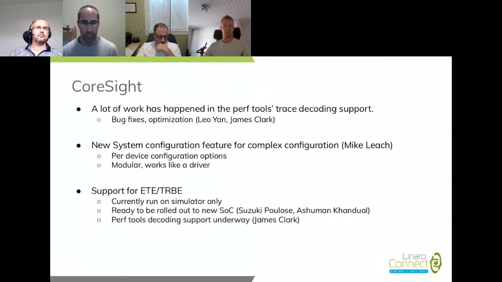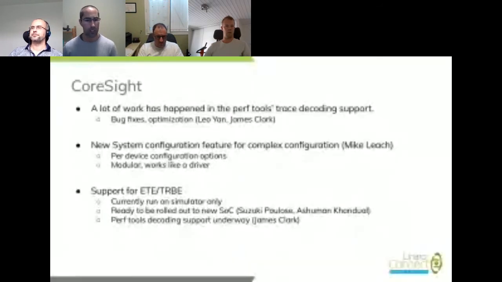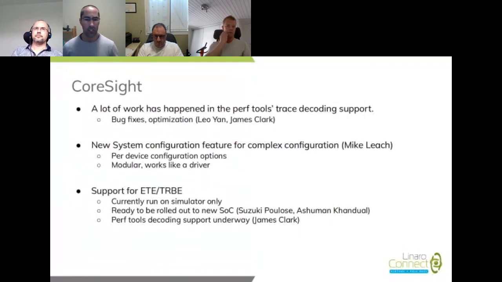Suzuki Poulose and Anshuman Khandual have worked on the ETE and TRBE. So this is a next generation IP block. It's a combination of source and sink that are usually going hand in hand with a CPU. So definitely getting closer to the Intel PT architecture in that way.